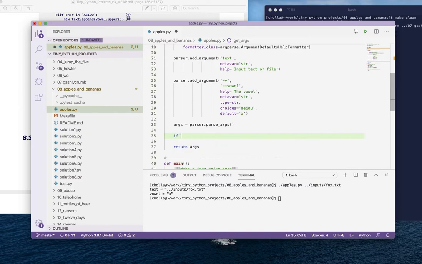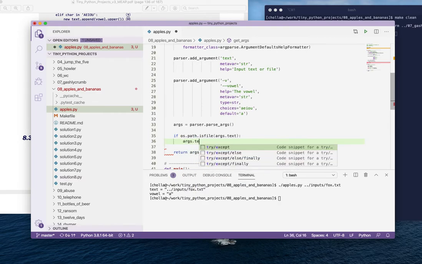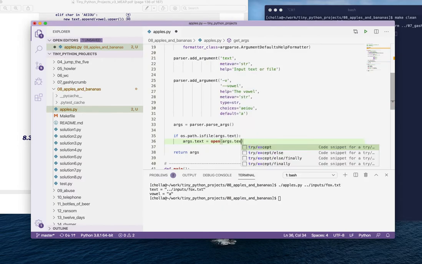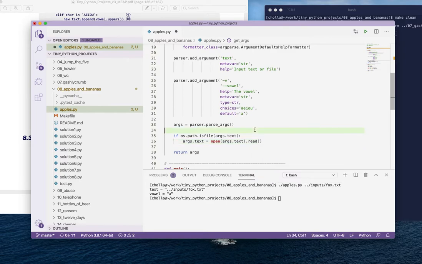We're going to see if the os.path is file returns true for args.text, then what we want to do is to rewrite args.text with the value of opening that args.text and reading it. And we can also strip off any white space off the end just to clean that up. And now if we run this, now it shows us that the text is the quick brown fox jumps over the lazy dog, and the vowel